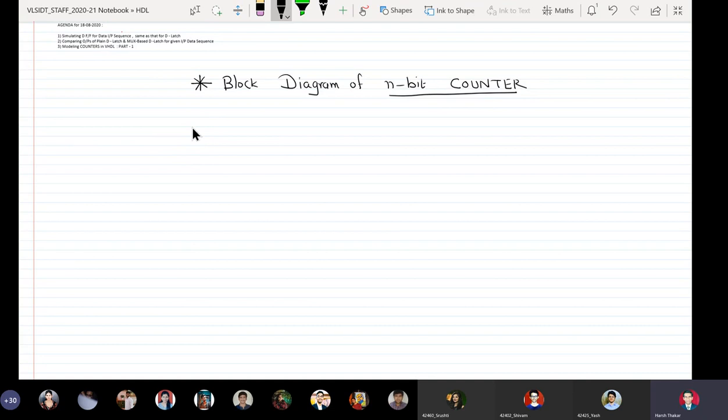Then we can easily write the entity declaration. We will give a generic name, counter_n. If we are going to make a 2-bit counter, we will say counter_2, counter_3. Now you tell me what will be the inputs and outputs of an n-bit counter.